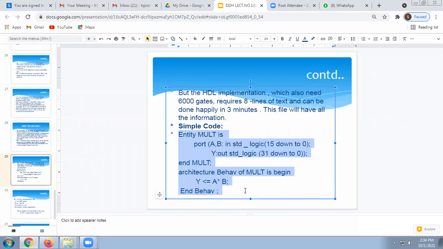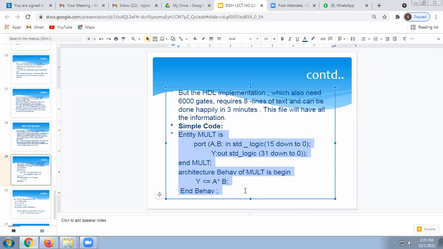The next one is the architecture. Here, this is the code of a 16-bit multiplier. This multiplier has two inputs, A and B. As it is 16-bit, we have to mention 15 down to 0, meaning a total of 16 bits. So A is 16-bit, B is 16-bit, and the output is obviously 16 times 16, which is 32 bits.